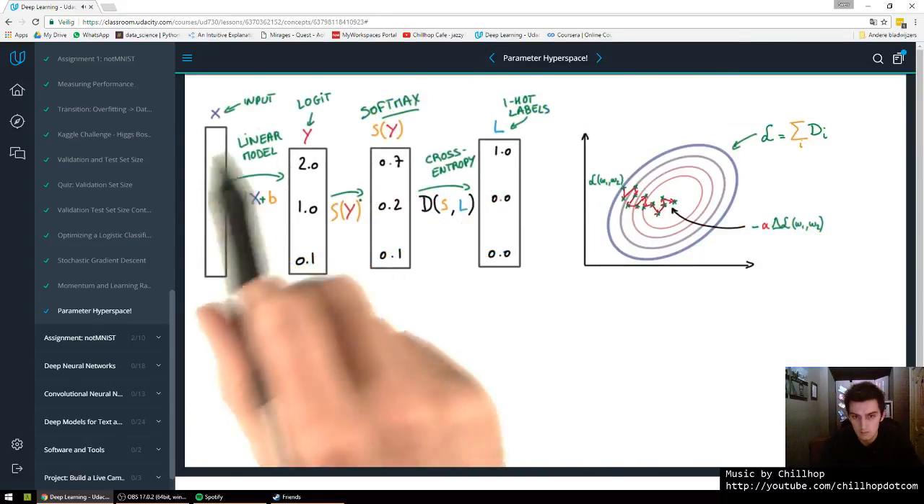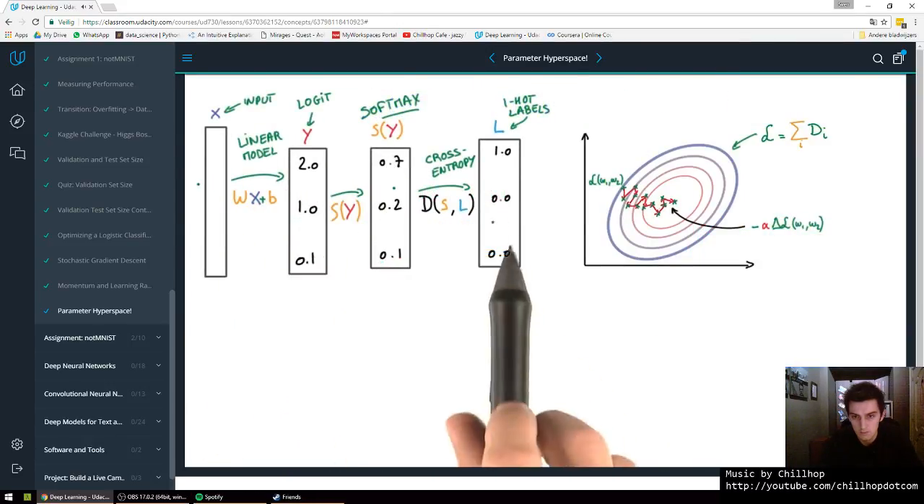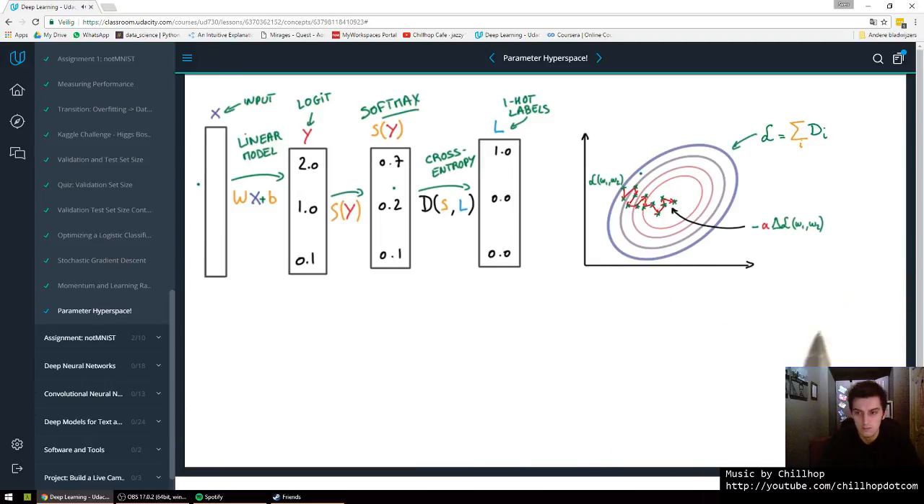So let's recap. We have this very simple linear model which emits probabilities, which we can use to classify things. We now know how to optimize its parameters on lots and lots of